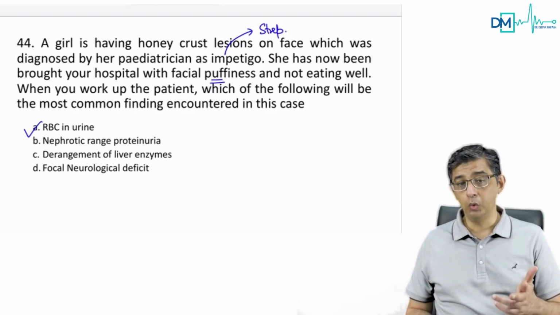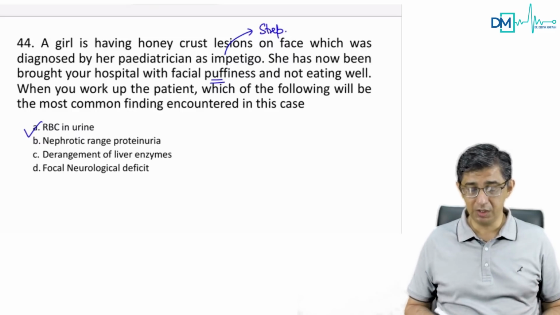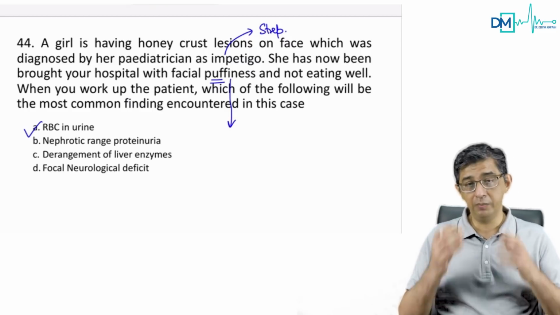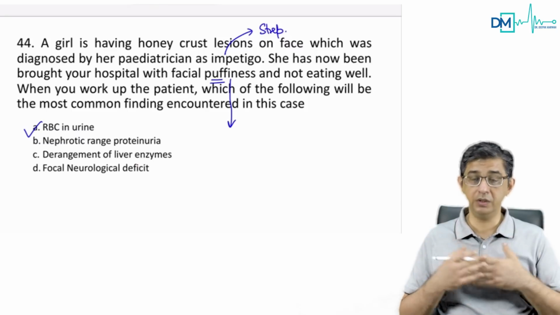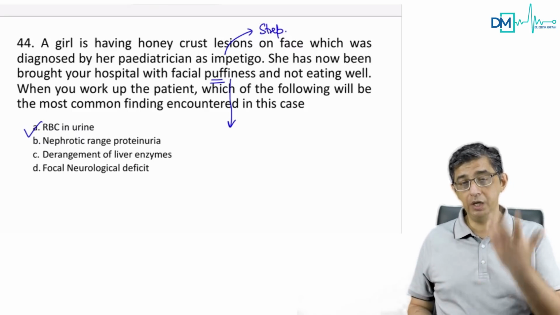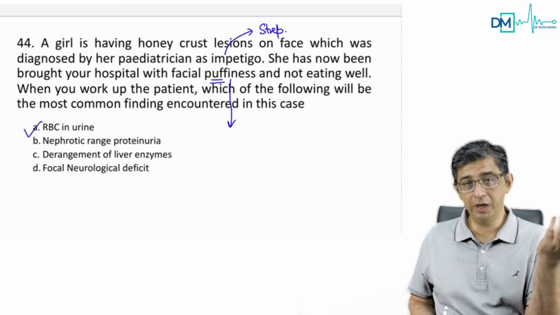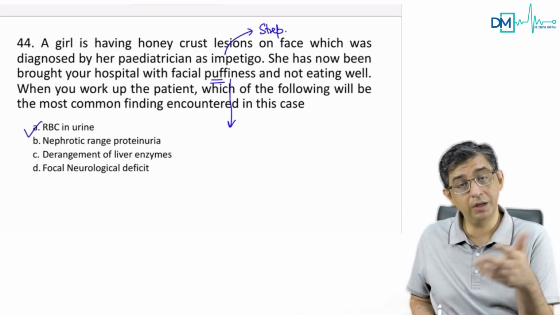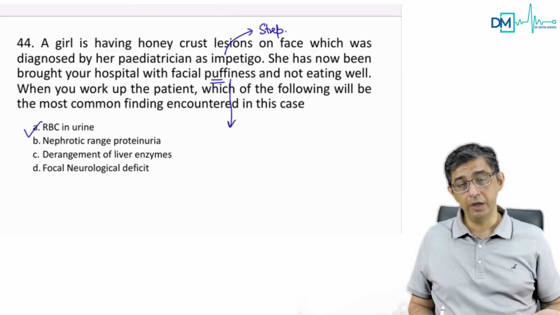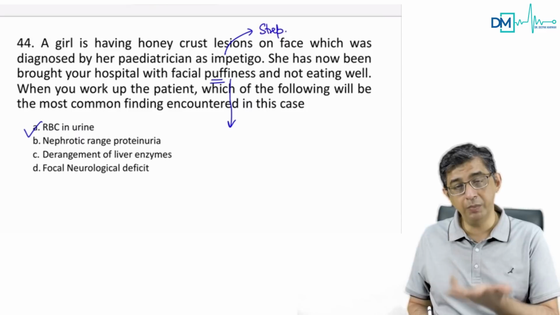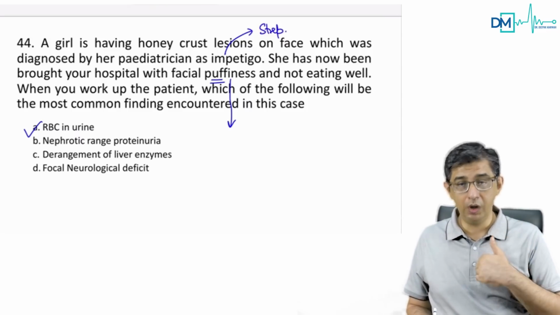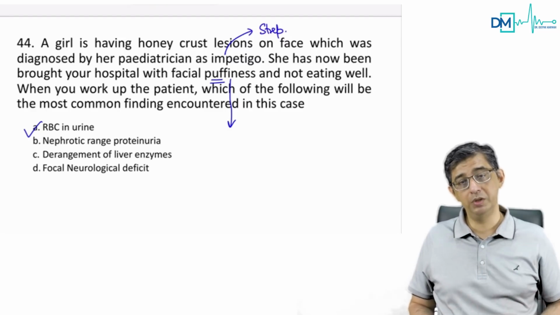And how did I know that it is RBCs in the urine? Because she's having facial puffiness, she's not eating well. So what are the reasons for why a person would be having swelling on the face? Either the heart is failing, or the liver is not working, or the kidneys are not working. When any person comes to you with a puffy face, it could be an allergic reaction to food, but nothing like that is given. It could be heart failure, but no heart failure findings. It could be liver failing, because albumin will become lesser, so there could be puffiness. If there are no heart issues and no liver issues, it has to be the kidney.